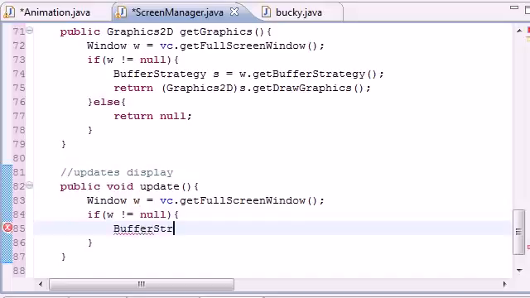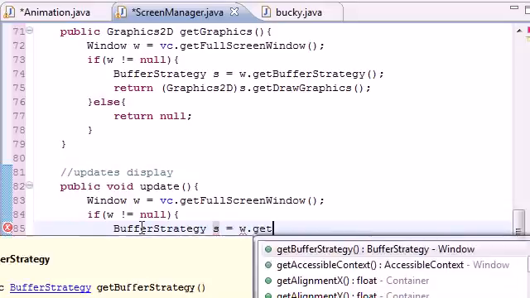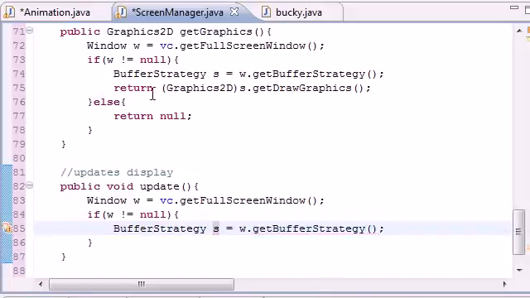BufferStrategy. This is the part I need to type slow so I don't mess anything up. BufferStrategy s equals w.getBufferStrategy. So now your s object is equal to the window's buffer strategy. It's equal to your window's strategy. And what you want to do in here is you need that s because you need to test for it. If s dot